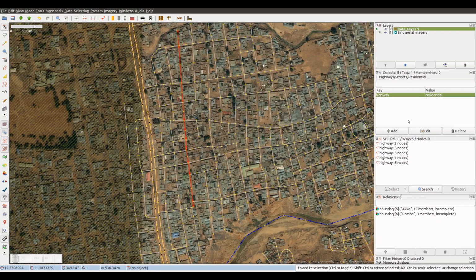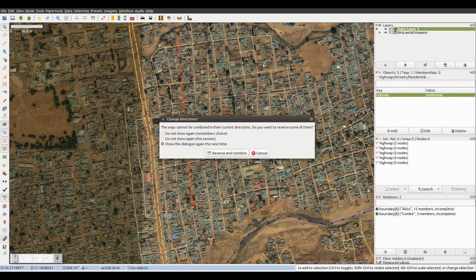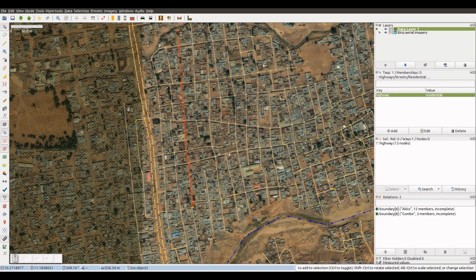As we can see in the tags window, they are all tagged as residential street, so we can safely combine them all into one single way. Applying the Combine Way tool, we can see that some ways need to be reverted before combining. We click on Reverse and Combine, and we can see that we have now only one way, in this case pointing to the north, as the arrows tell us.